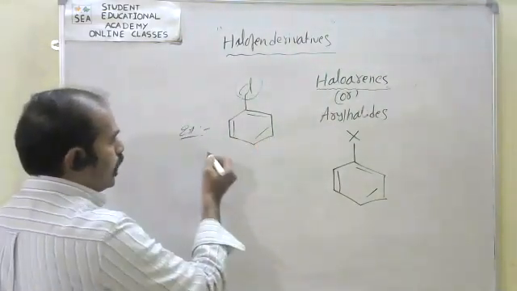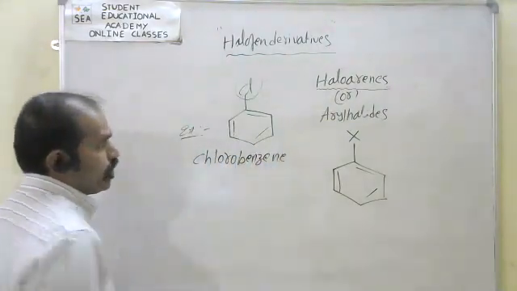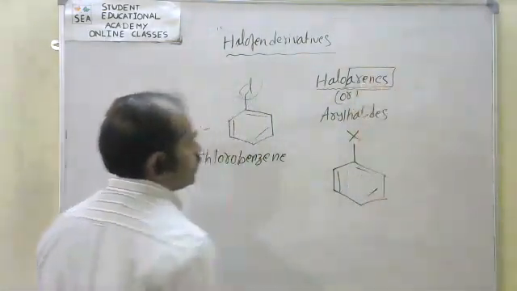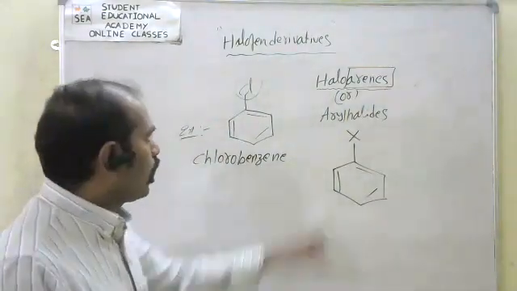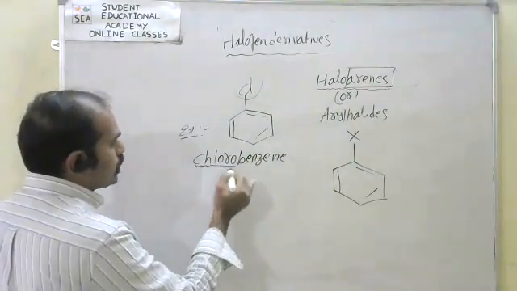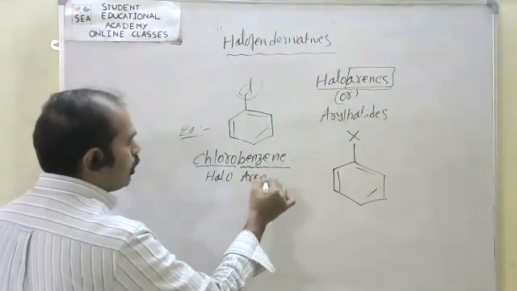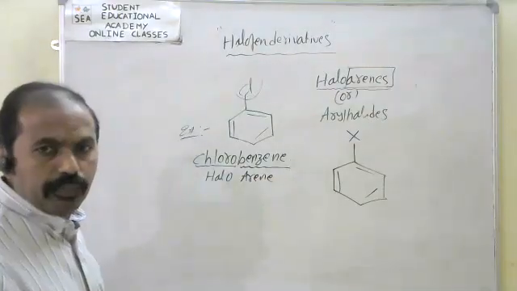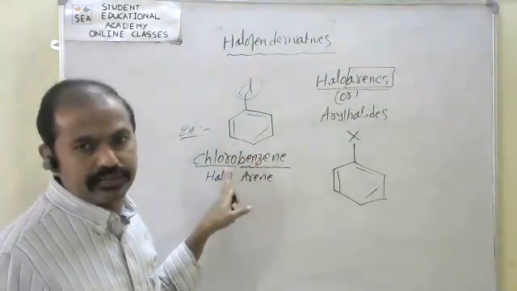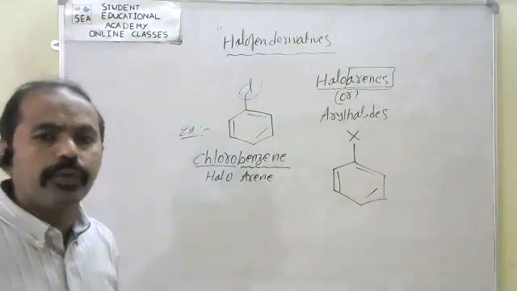For example, it is also referred to as the chlorobenzene series. Here arene is nothing but the older name of benzene. Before halo, that is nothing but chloro. Chloro is nothing but halo. So arene is nothing but benzene. Because of that reason, these compounds are called haloarenes. Chlorobenzene is generally referred to as the IUPAC name.